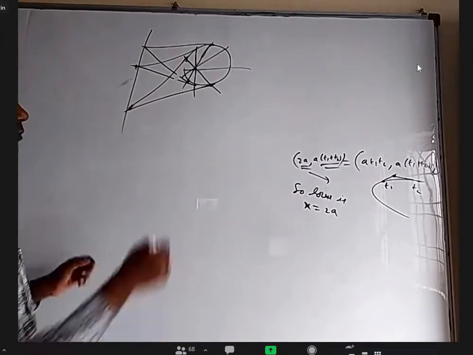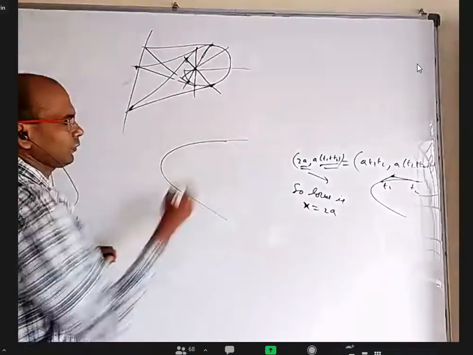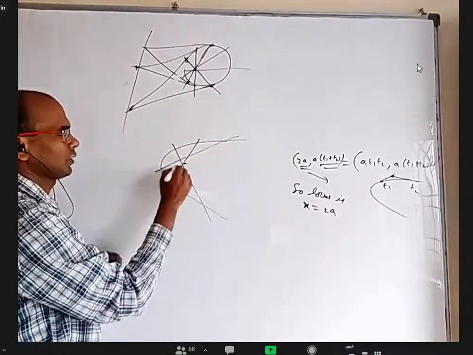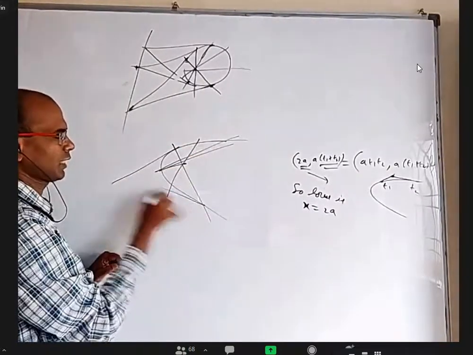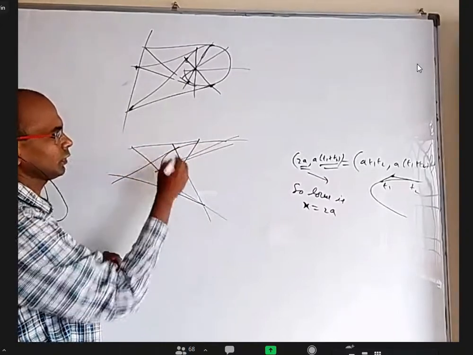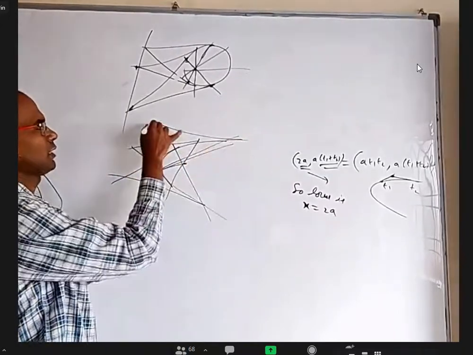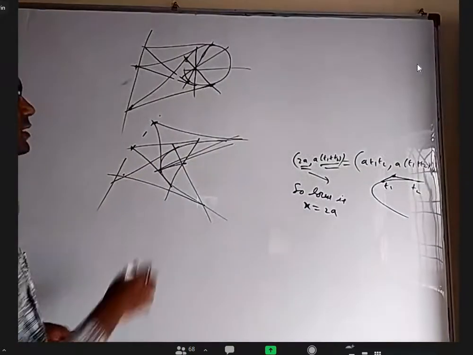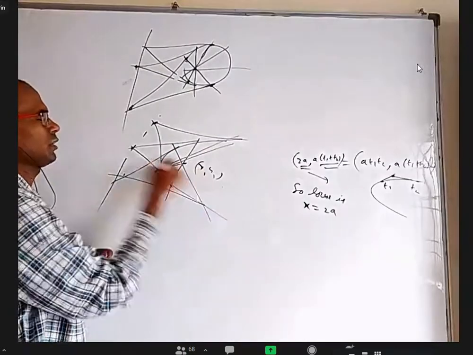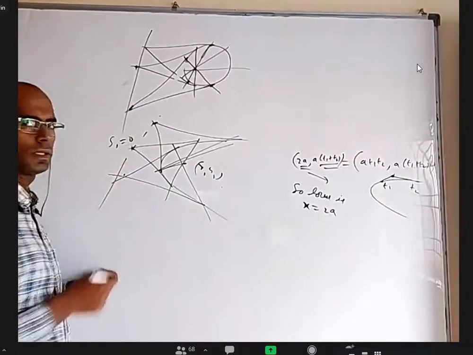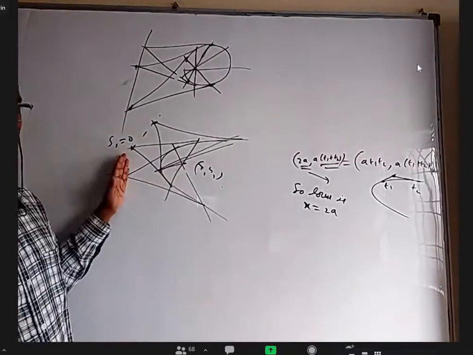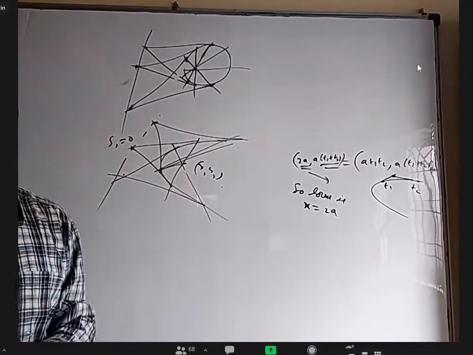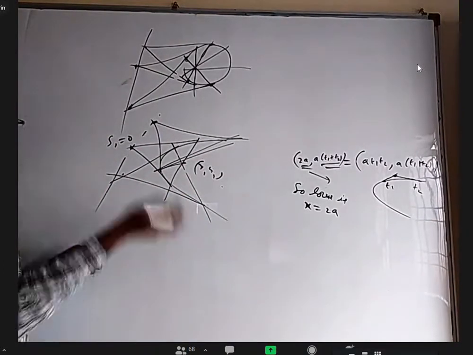In the parabola also it is the same. Take any point inside or outside, draw many chords, and at the ends of those chords draw tangents. They will meet at some points. The locus of all those points is a line called the polar. The formula is the same: if this point is (x1, y1), the line is S1 equals 0. Again, if the point is inside, the line will be outside. If the point is on the parabola, the line is the tangent. If the point is outside, the line is the chord of contact. The pole definition is the same.